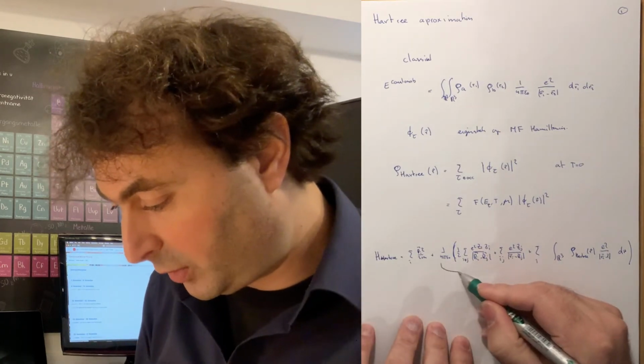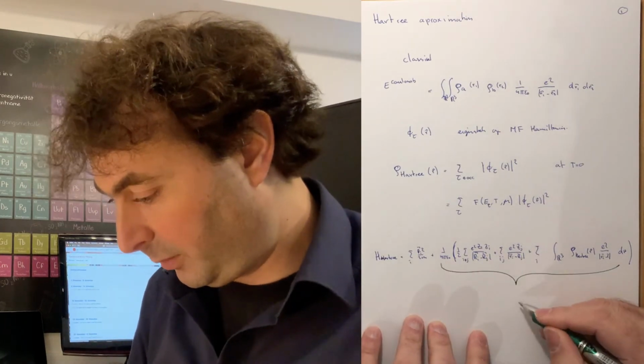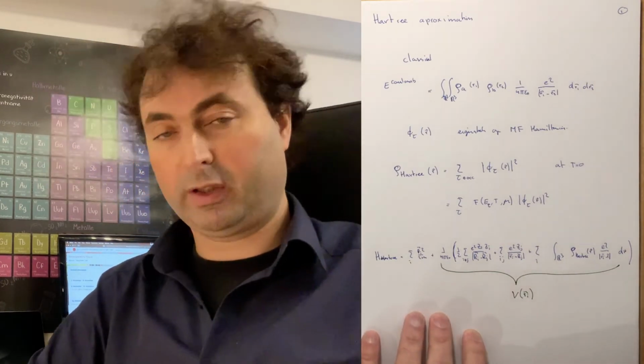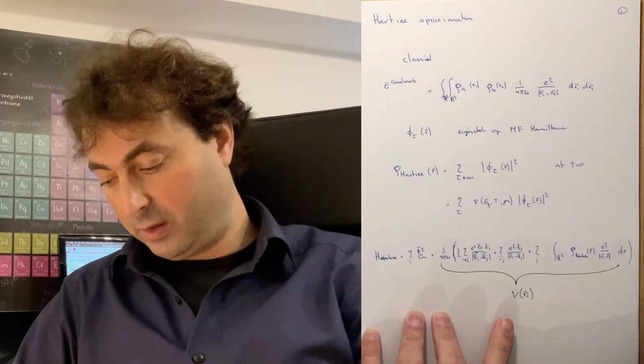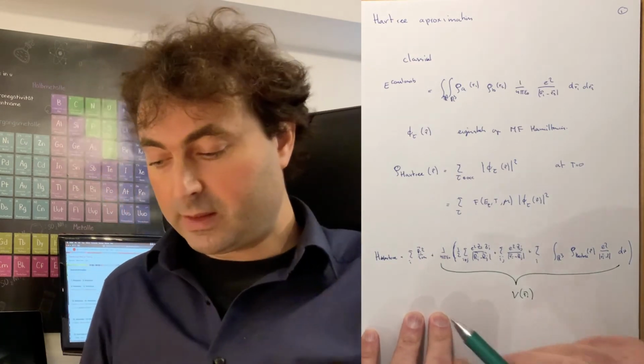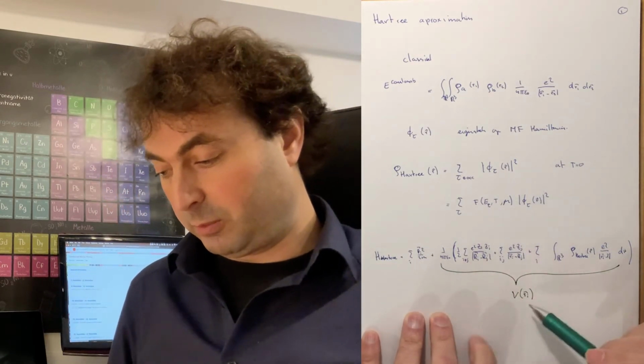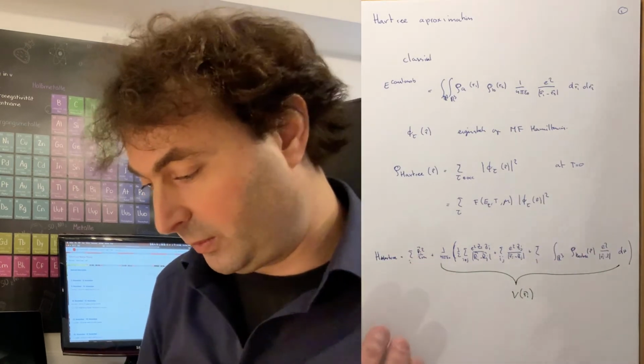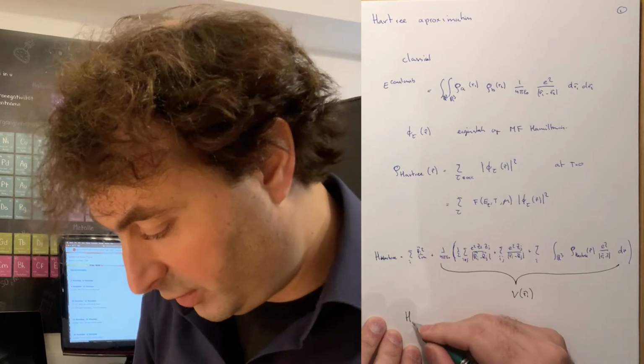It is this latter part in our Hamiltonian that then defines the effective potential that we have for our single electrons. And it is the eigenstates of this Hamiltonian, the one particle eigenstates, that define psi tau,